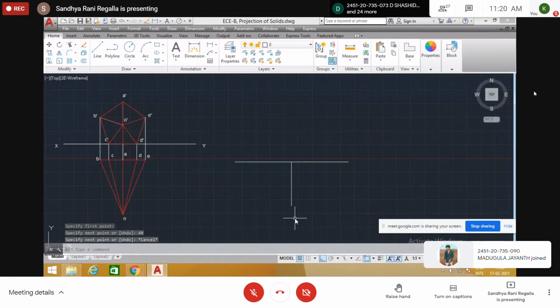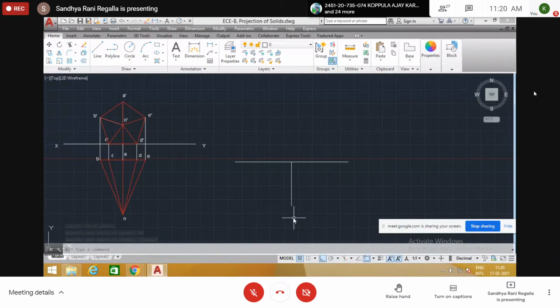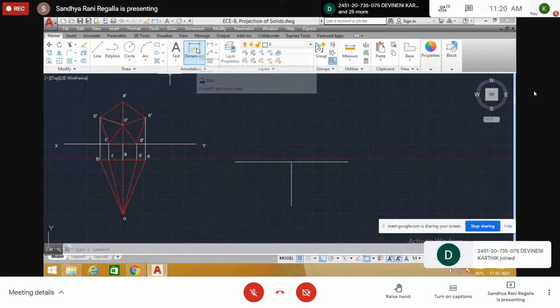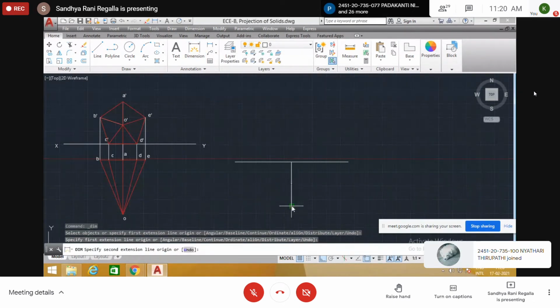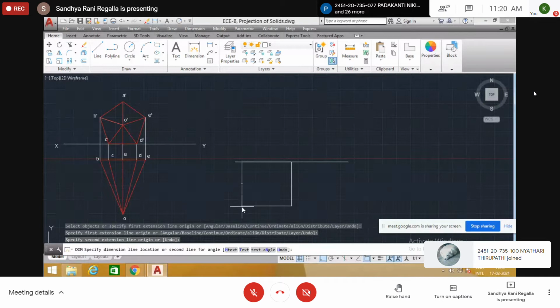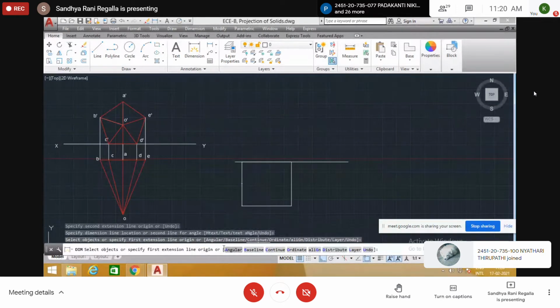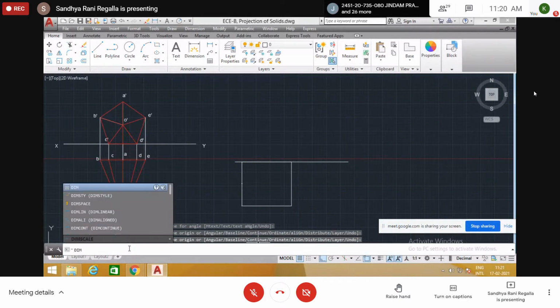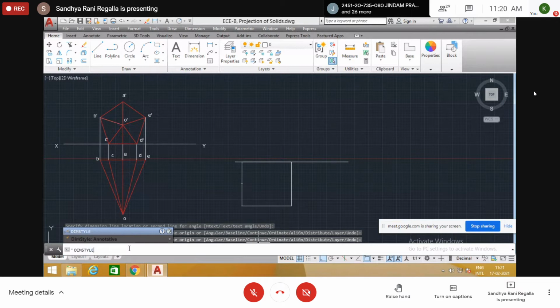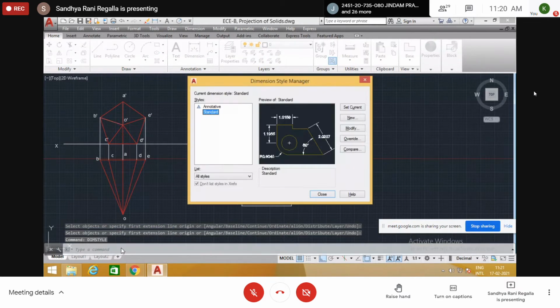The condition given is axis is 40 mm in front of VP. So below XY, we need to take 40 mm. This is 40. Not visible. Change dimension style. DIM, dim style. Dim style, enter.